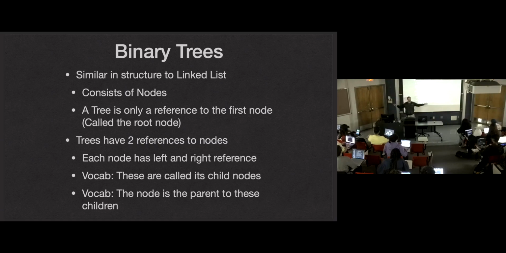And that's the difference. You now all know trees. There's a reference to two nodes instead of one. That is the structure of a tree. That really is it. What we have to talk about the rest of the week is the implications of this and rewriting our algorithms to work with this new structure.